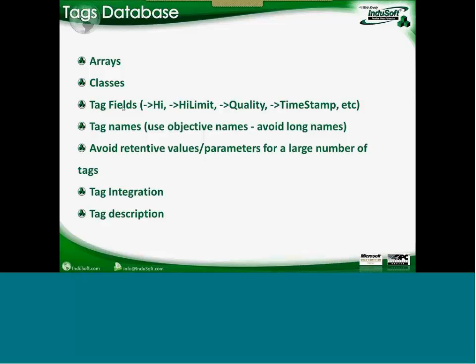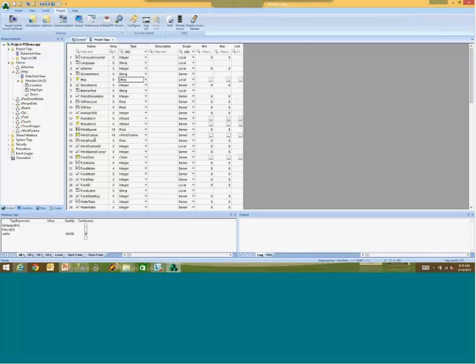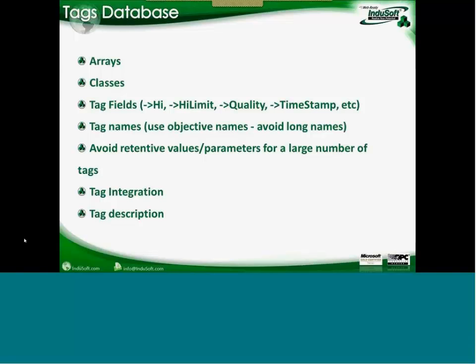All the tags have what we call fields, and the syntax to access the fields is the tag name, dash, greater than, and the name of the tag field, like for instance timestamp, and it returns respective properties of the tags. So you have properties like timestamp, quality, high limit for alarms, high limits, ACK, and so on and so forth. So all the tags have